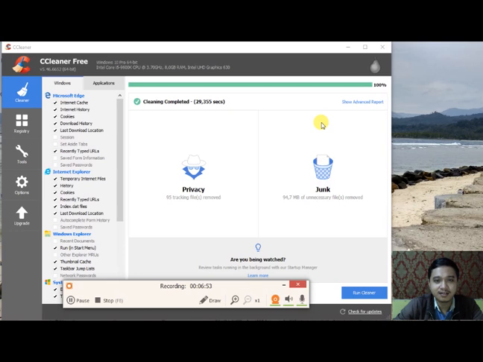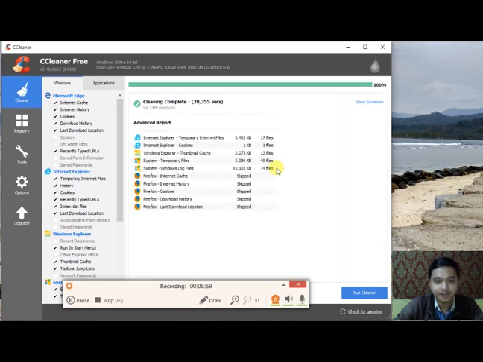We can see what files we cleaned by clicking show advanced report. This is the advanced report: Internet Explorer temporary internet files, Internet Explorer cookies, Windows Explorer thumbnail cache, system temporary files, system Windows log files, and Firefox that we skipped before.